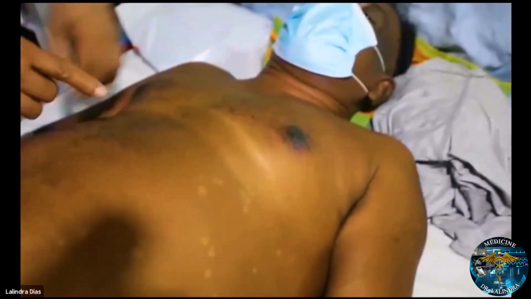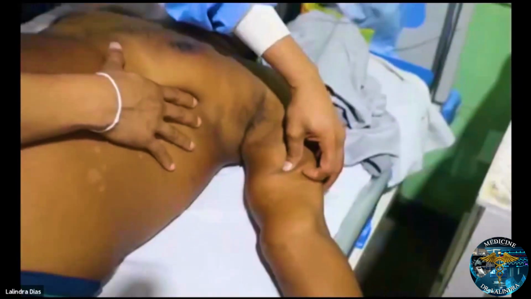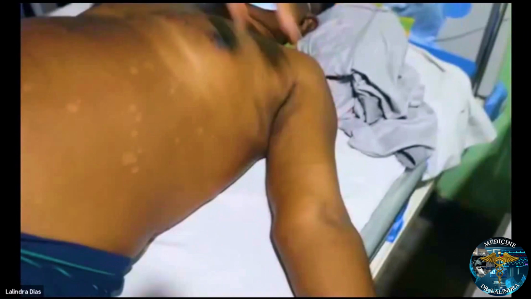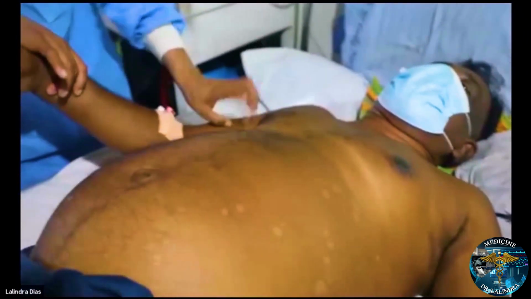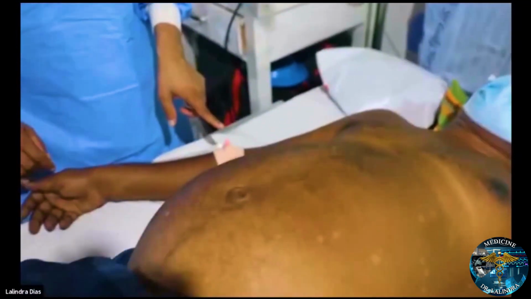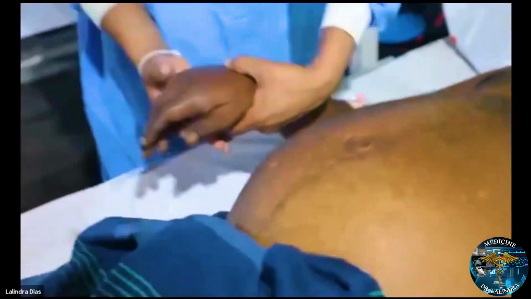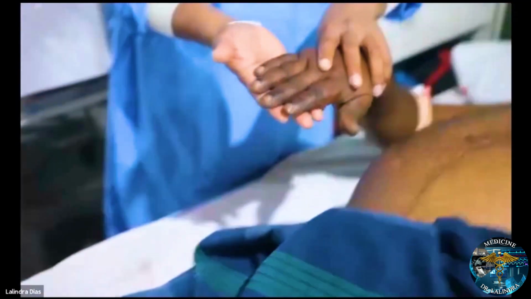Then you have to examine his axillary area, whether he has got loss of axillary hair. No, he has normal axillary hair. You can obviously notice that he is having an IV cannula. Then you go to the hands. Hands, what are you going to look for? You are going to look for clubbing.